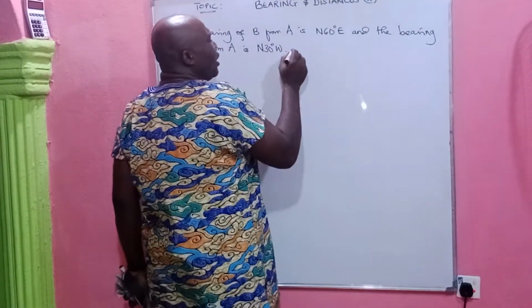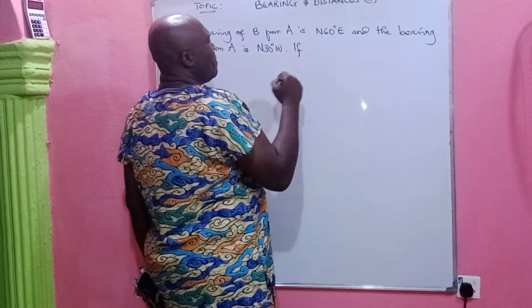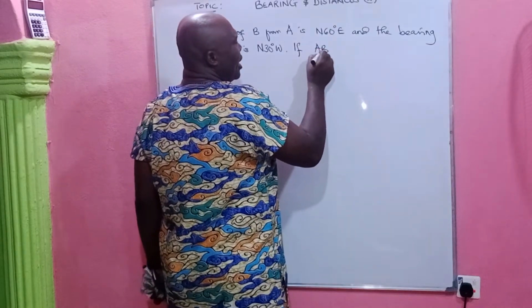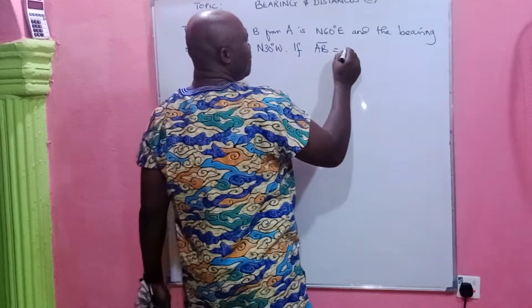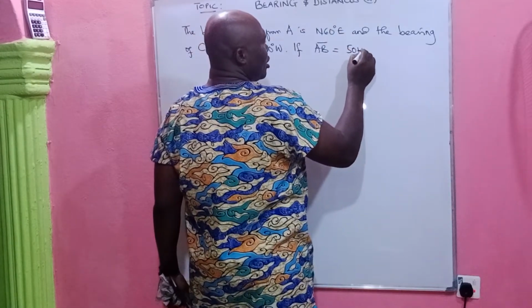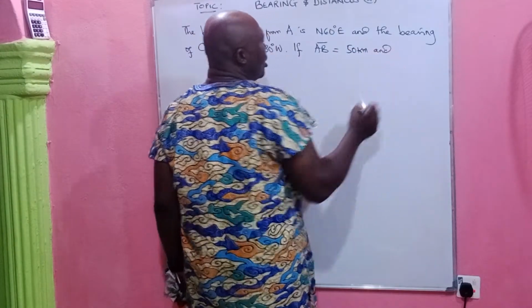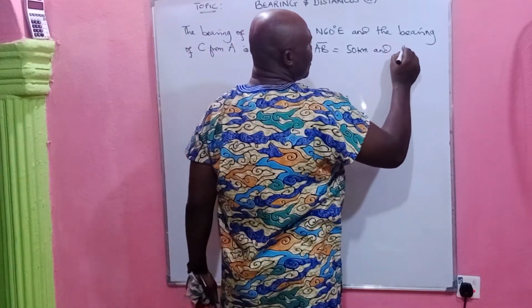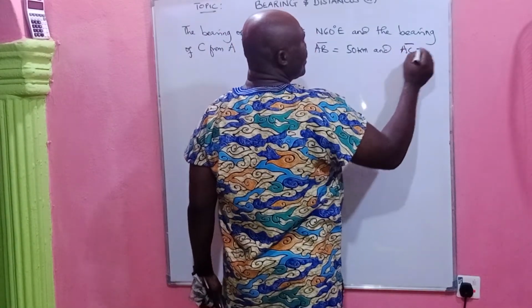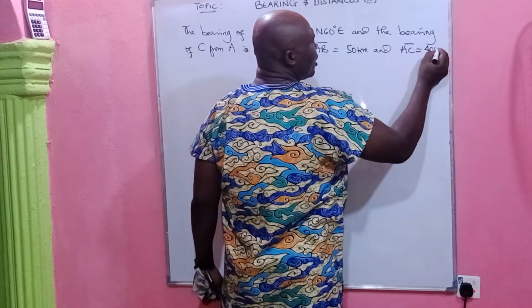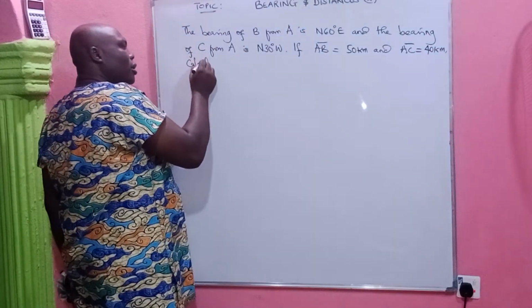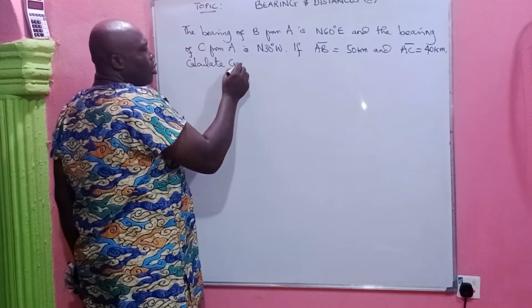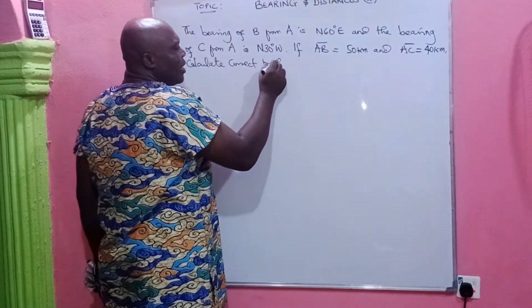Now, if line AB equals 50 kilometers and line AC equals, let's say, 40 kilometers, calculate, correct to the nearest kilometer,